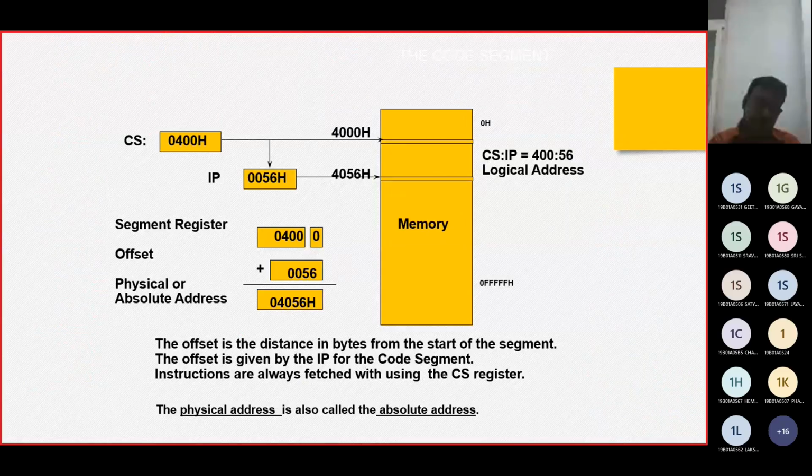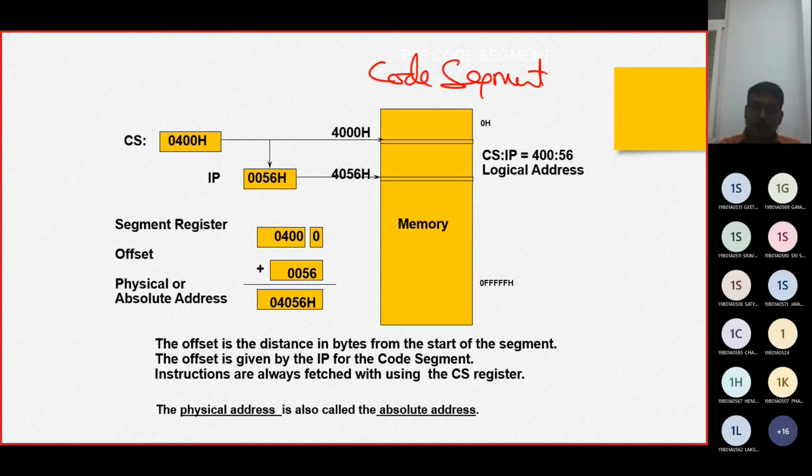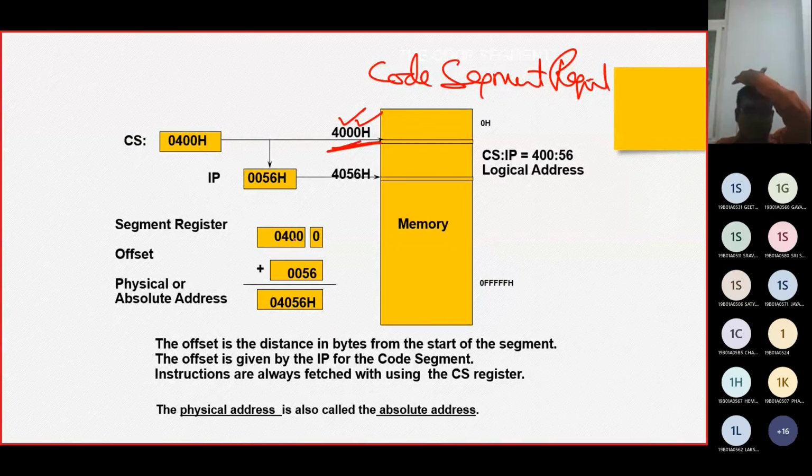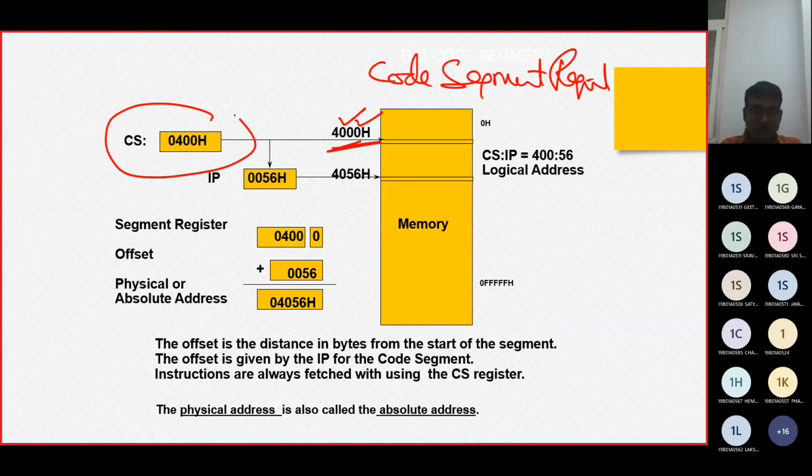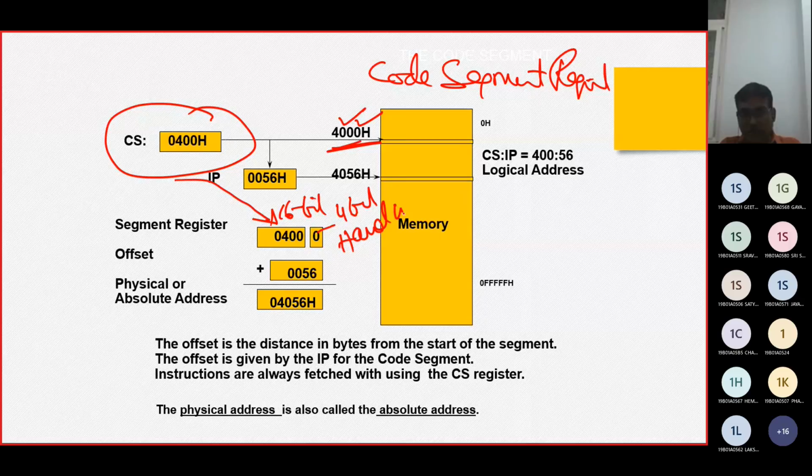Again, let us see this description. We are going to have some code segment register, and this code segment register is going to start at 4000H. This one we have to consider. Code segment is 0400, and this is 16 bit. 4 bit we are going to add. Adding, we are going to call it as hardwired zero.